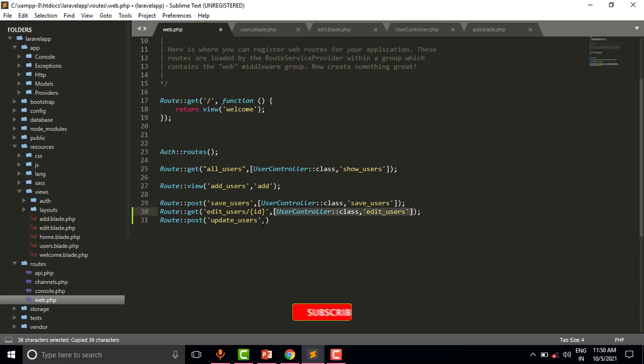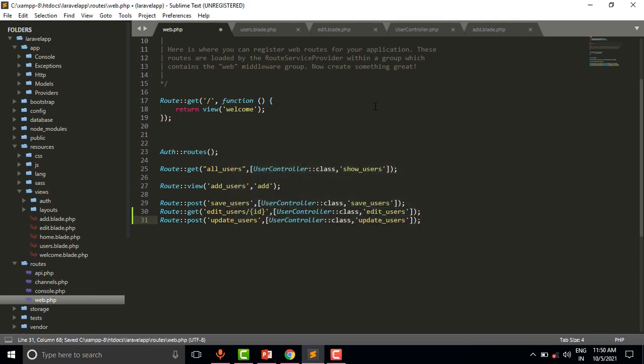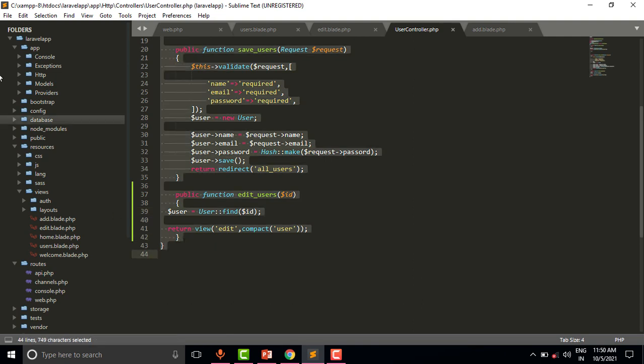We are using the same controller. Now I will copy this code and we will create this function inside this controller. So let us create this function.